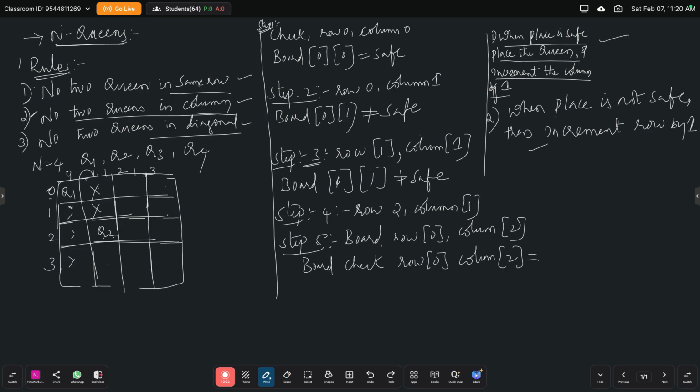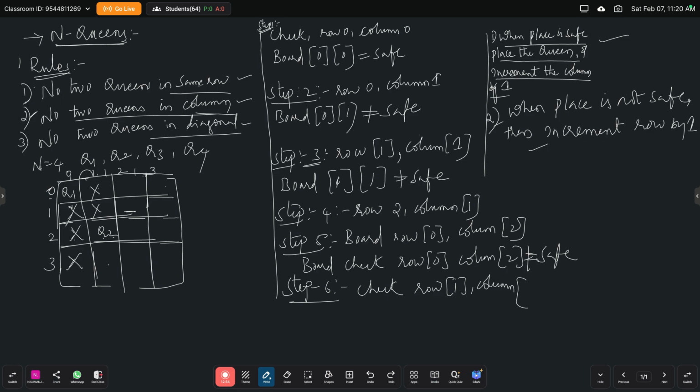Same row, so it is not safe. What is our second rule? When the place is not safe, then increment the row by 1. Means we have to come here. What is that place? Step 6. Check. What is that place? Row equals 1 and